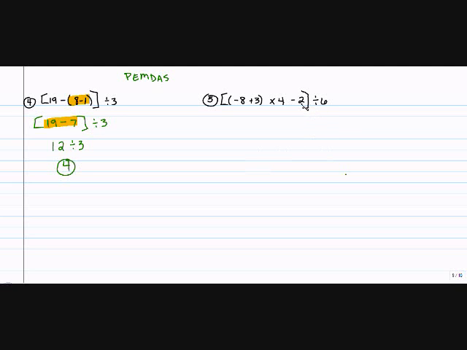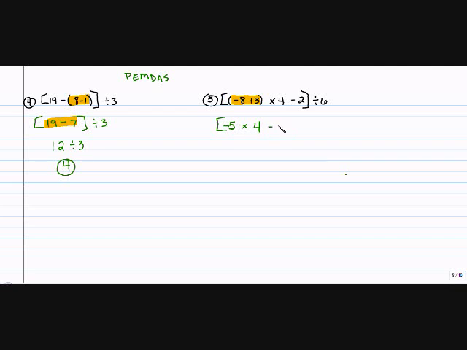So I look inside my brackets first. And inside my brackets I have parentheses. I need to solve that first. Rewrite my brackets. -8 and a +3, the signs are different, so I find the difference. So the difference of 8 and 3 is 5. 8 is larger than 3, and it has a negative, so my answer is negative. Times